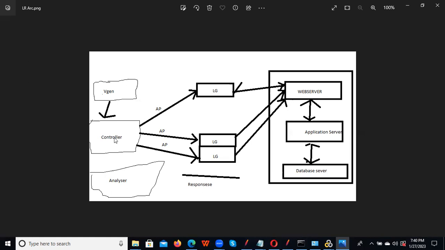So we are sending the request and getting the response. This round trip of request and response, we can call it the response time. If anyone asks what the response time is, it is the round trip of request and response. Response time includes the request going